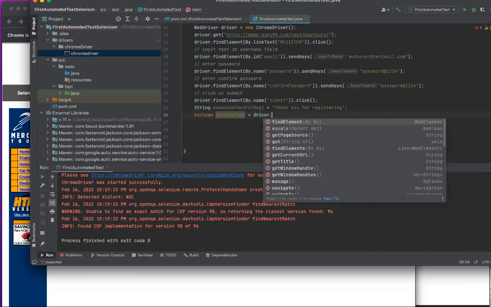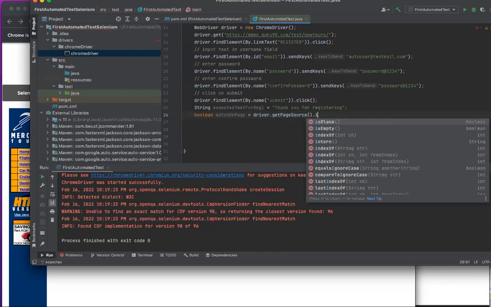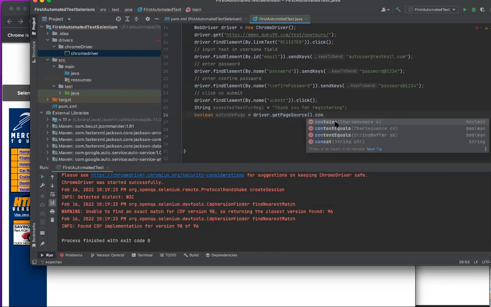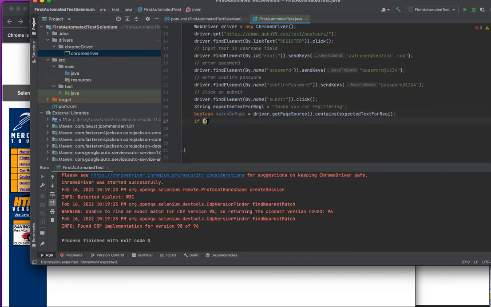That's it. Instead of find element, this time we're gonna say get everything from the page. So we're saying driver, please get everything from the page, all of it. And then I want you to search the page. I'm going to say contains, which means if anywhere in the page contains this expected result, then this is going to return true. So now we know if it's true, then it will say this. If that's the case, I'm going to say